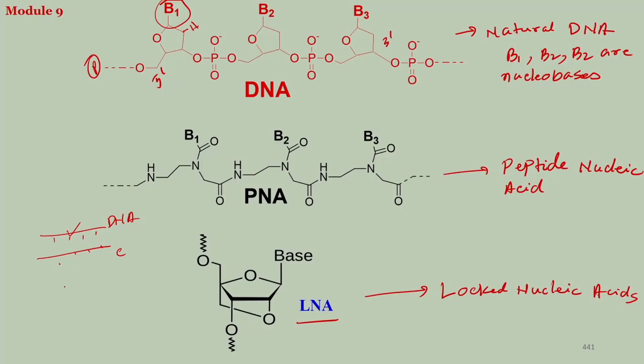I have talked about before, I think, that a single base mismatch in your DNA changes the melting temperature by roughly 5 to 10 degrees Celsius. So, one base mismatch or single point mutation